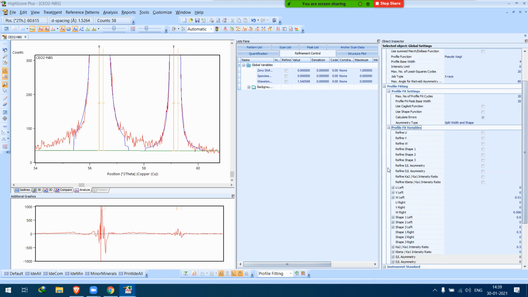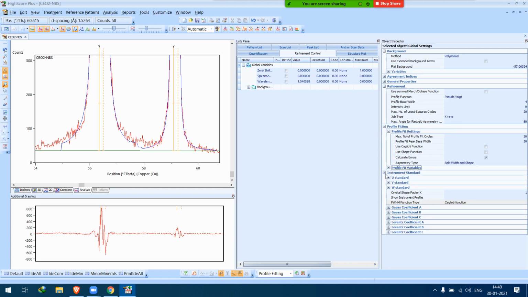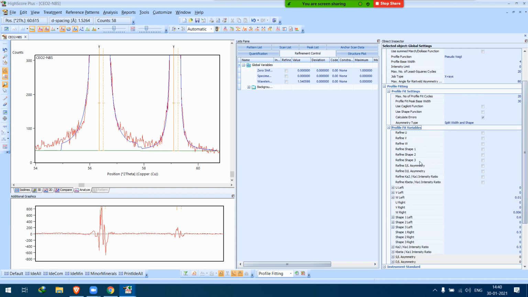So what we can do, we can change this value. Let's say it's 30. No, it's not changing. Okay. One minute. Profile fit variable. Okay, actually it's hanging.